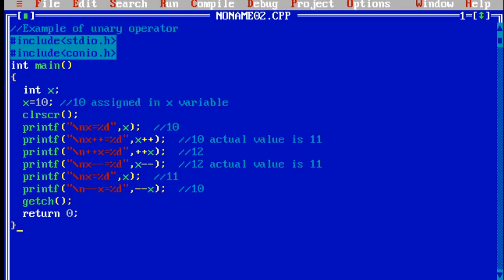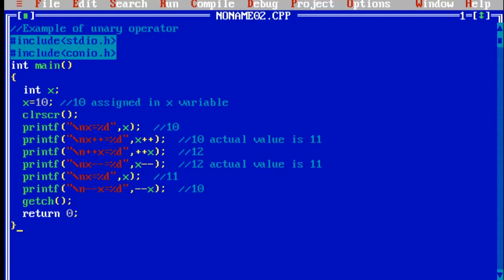So at first we have to know how to use the increment and decrement operators in the C programming language. For the increment operator, there are two categories: post-increment and pre-increment. For the decrement operator, there are two categories: post-decrement and pre-decrement. For a unary operator, always one operand should be there.